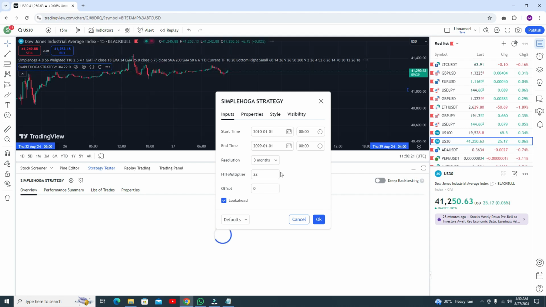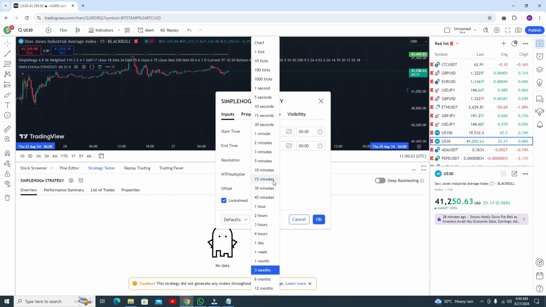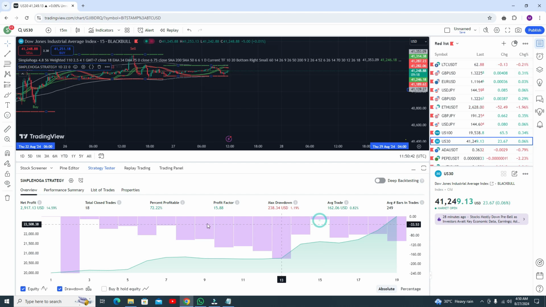And the second indicator, if you are using the 5-minute or 3-minute or 1-minute time frame, you have to set the resolution to 4 hour. If you are using 1 minute, you have to select 1 hour. If you want to use 5 minute or 3 minute, you have to select 4 hour. If you want to use 5 minute or 30 minute or 1 hour, you have to select 1 day. Okay, and then you can see the accuracy.